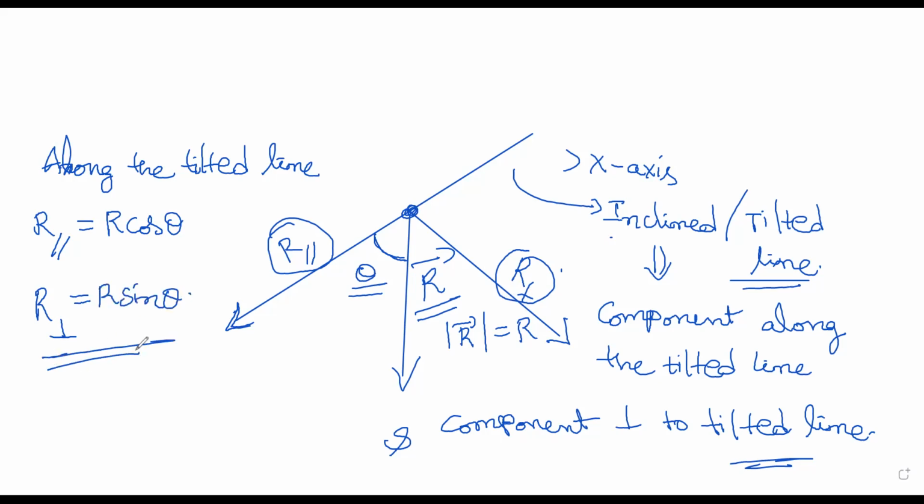This is yet again another situation. We will not write the components for R bar. R bar is only along the Y axis. As per the figure, it is only along the Y axis downwards. And now the Y axis downwards thing should be expressed as along the tilted line. So that is the next scenario. I hope you got this.